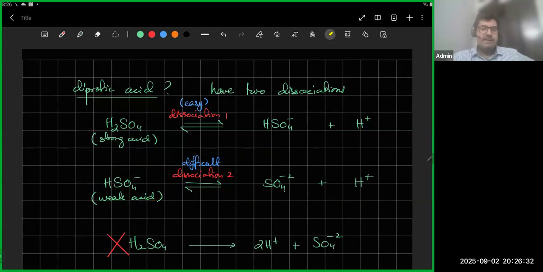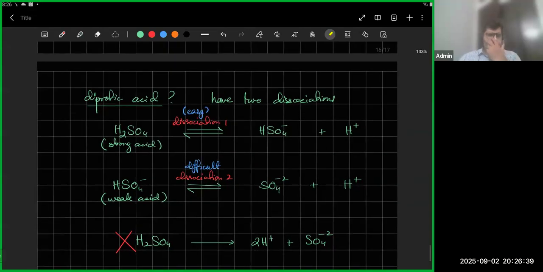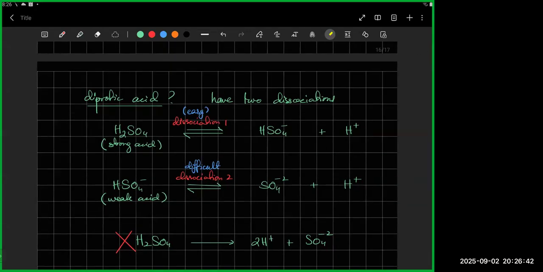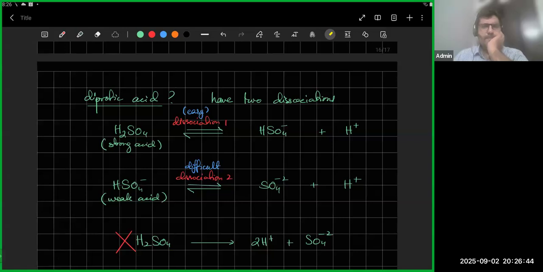ये बात भी clear है? Is this clear? How acids will dissociate, diprotic acids will dissociate stepwise. Clear about? Is that Yes, clear? sir. Yes, sir. Achha,